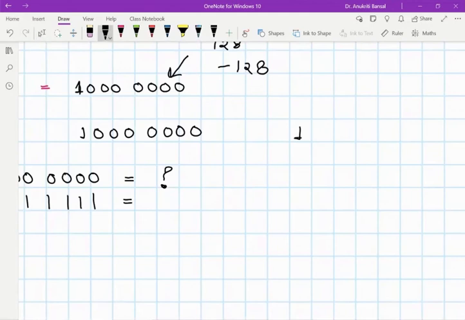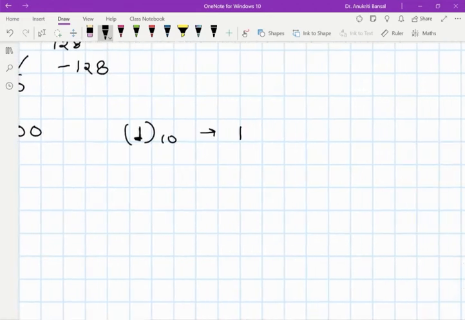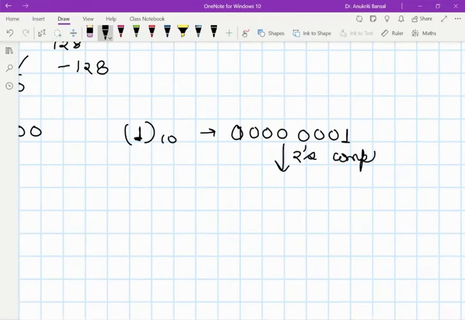अच्छा, 1 का 2's कॉम्प्लीमेंट क्या होगा? 1 का बाइनरी इक्विवेलेंट क्या होगा? And what will be its 2's complement? What will be the 2's complement of 1? हम लास्ट में 0 आ जाएगा। लास्ट 2 डिजिट्स में 1 0 हो जाएगा, 00000010। ये होता है? चेक करो एक बार।